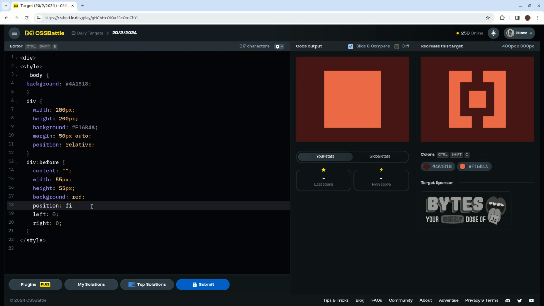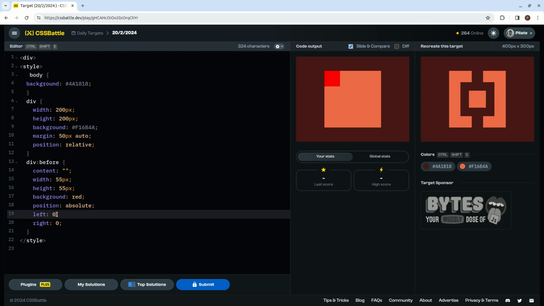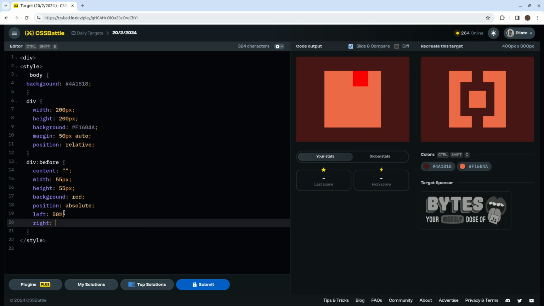This should work with just absolute. Yeah, there it is. Why was it not showing? I really don't know. So top, left, we want it to be, we didn't need right here. Top 50 pixels. Is it left 50 pixels, or maybe 55, maybe 60, or maybe 50%, and right 50%. No, top